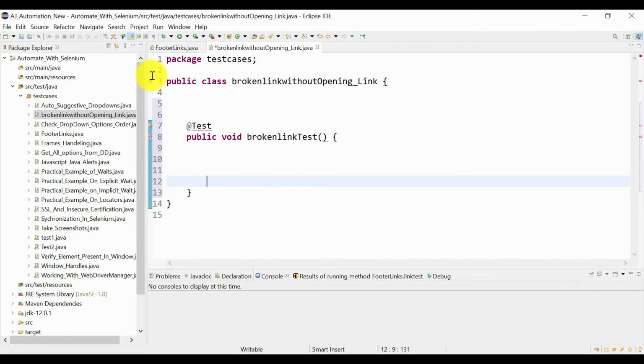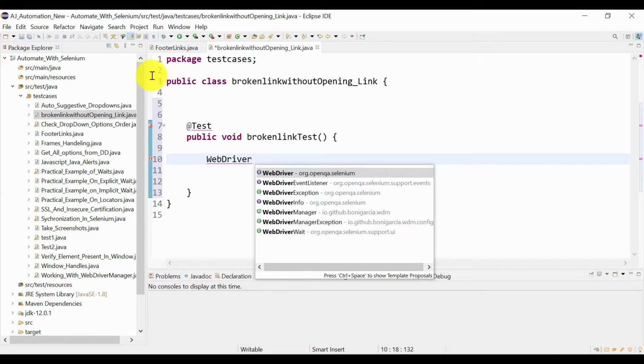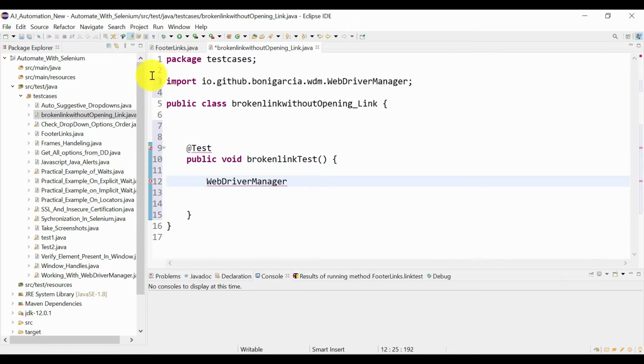We will need to open the Chrome browser first, so let's open it using WebDriverManager dot chromedriver dot setup.